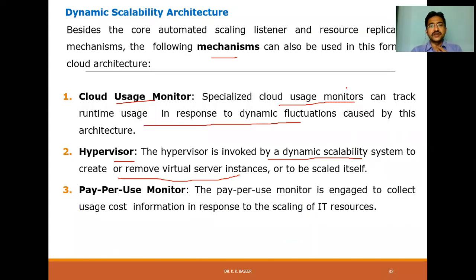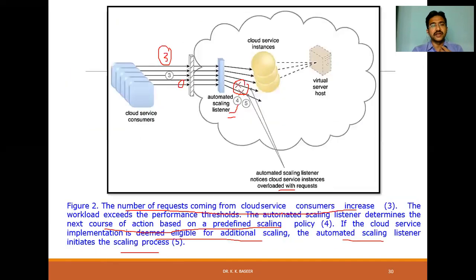The hypervisor has to take care of that, creating or removing virtual hosts based on the number of requests coming from the cloud service consumer. And pay-per-use, as it is dynamic in nature, we have to collect cost information in response to the scaling of IT resources. So these are the three mechanisms dealing with the dynamic scaling architecture.